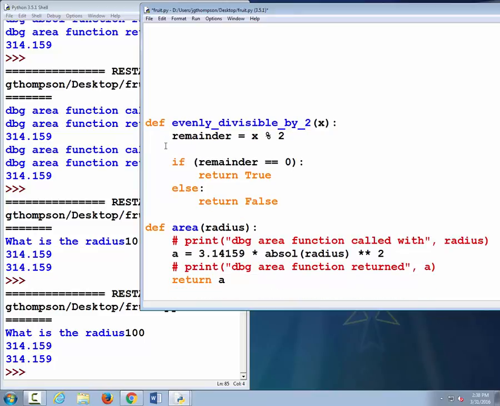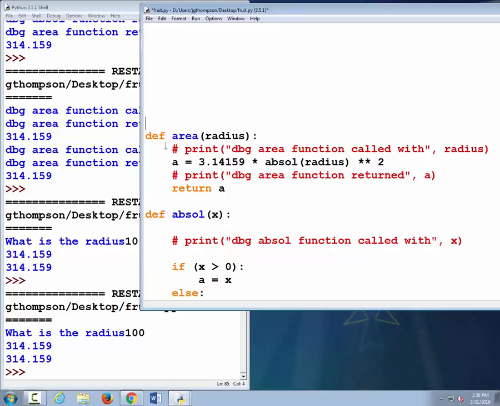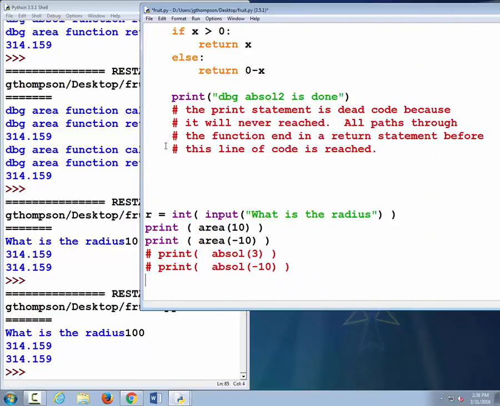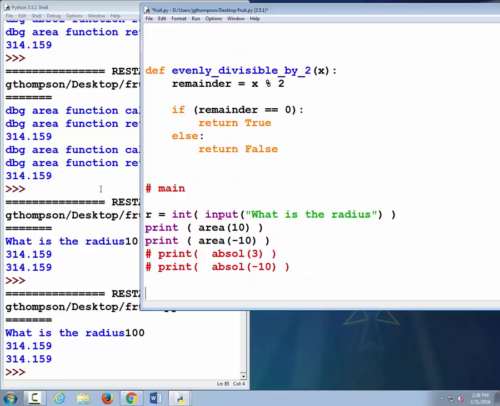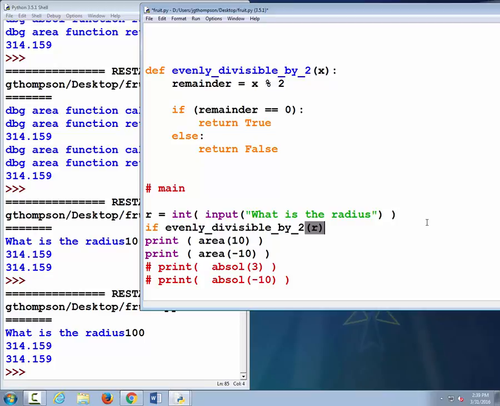So down in my code, I'm going to cut and paste this so that it's right above main, so I don't have to scroll up and down as much. This is the main part of our code because it's the unindented part. There we go. Now we have our evenly divisible by 2. I'm going to call the input, which gets us the radius, and now I'm going to check to see if it's evenly divisible by 2 or not. So if I have to type this whole thing in because it's such a stupid function name, evenly divisible by 2, and I pass in that radius,